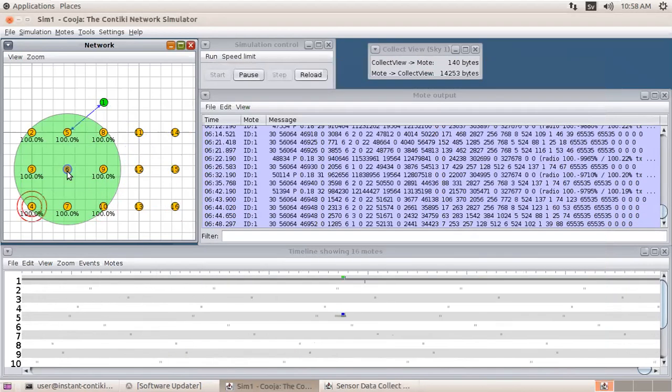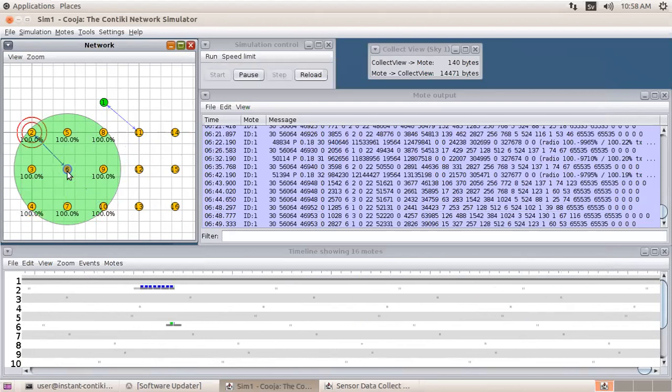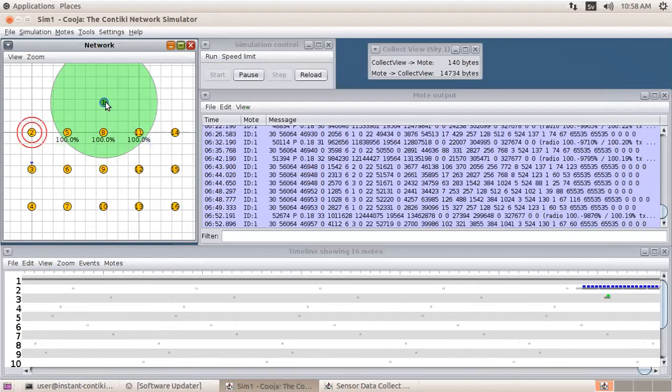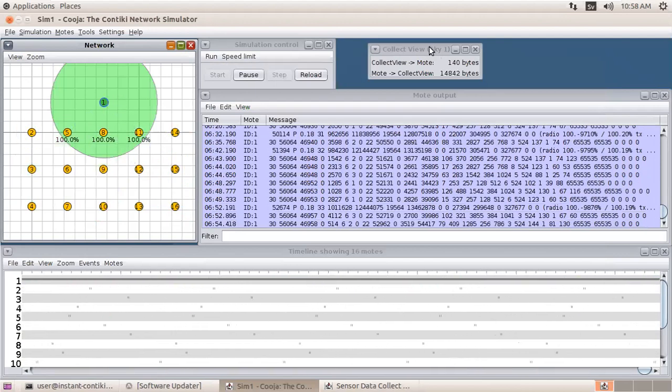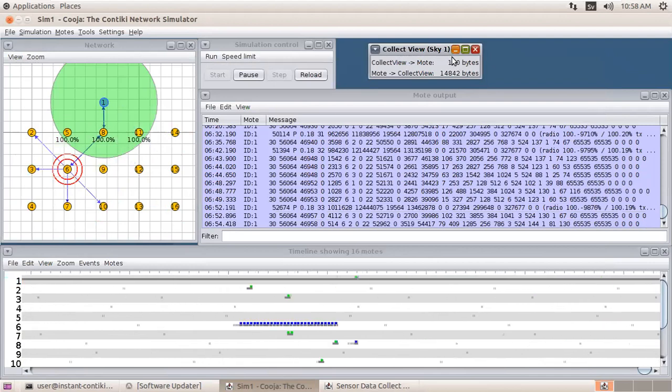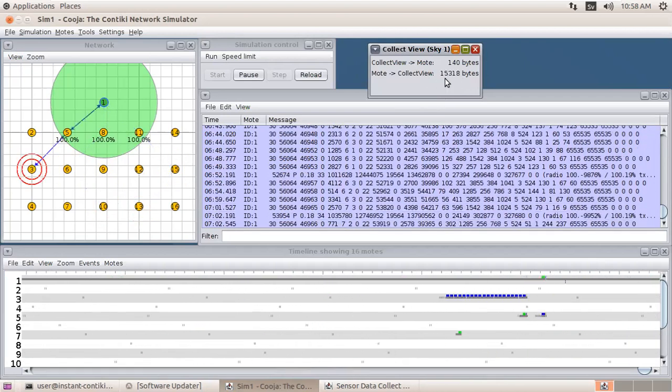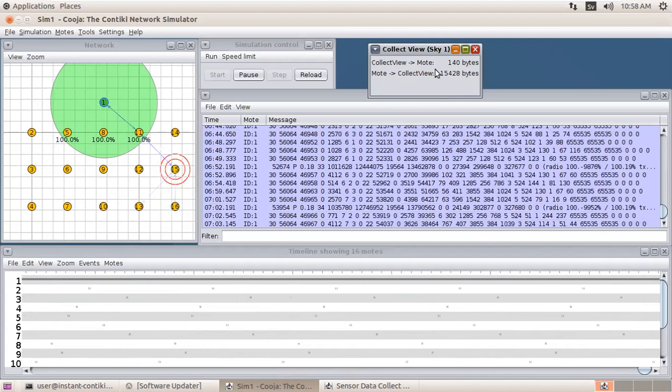The sensor nodes are getting connected with their neighbors, and then they are reaching the sink for data collection. If you see this collect view, till now we have collected so many bytes, and from mote to collect view, we have collected this much, and from collect view to mote, it is 140 bytes.